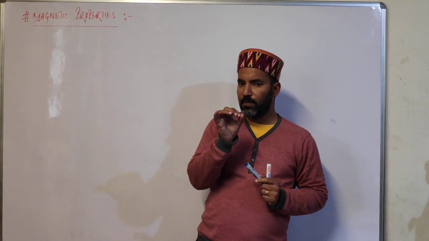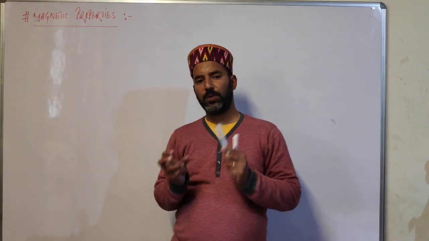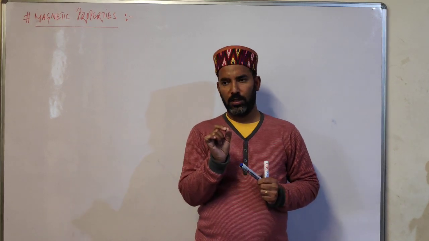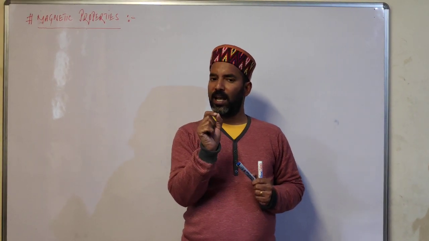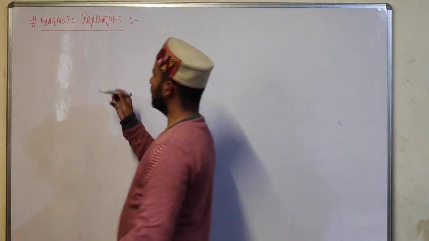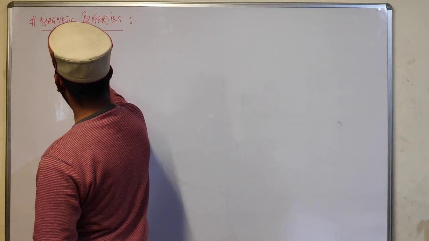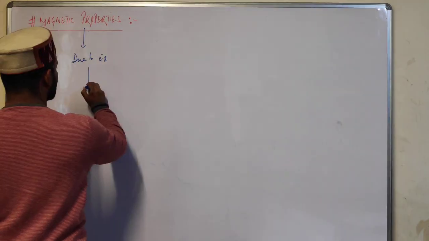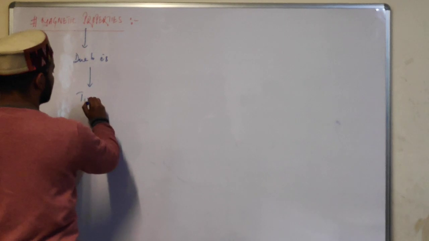Now, this magnetic property associated with a substance is due to the presence of electrons, because students, we know that every electron is a tiny magnet. So we say that magnetic properties actually are due to electrons, and electrons act as a tiny magnet,